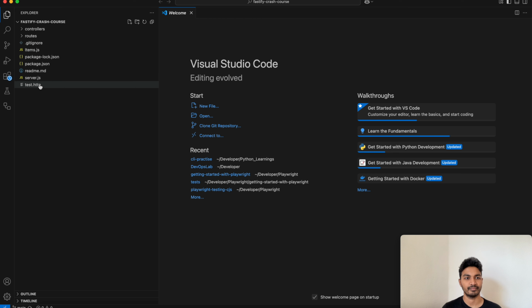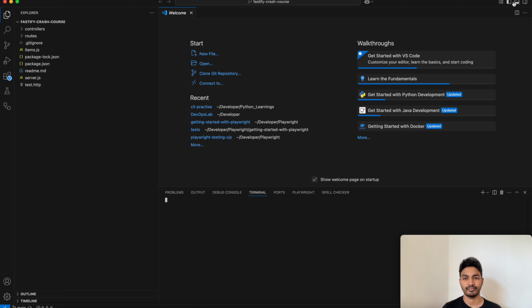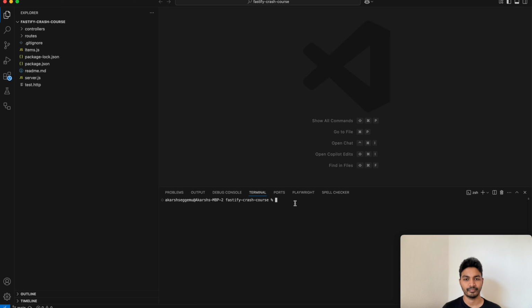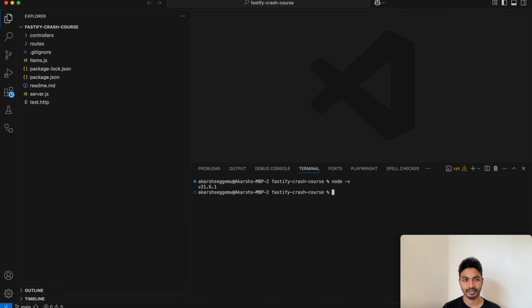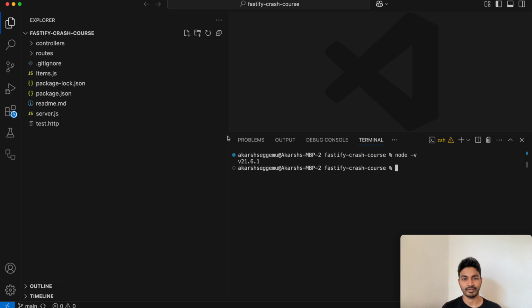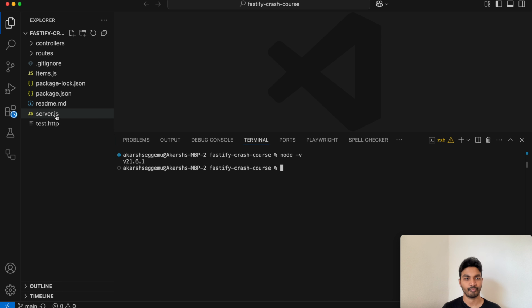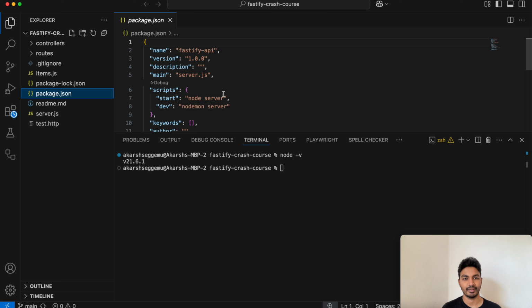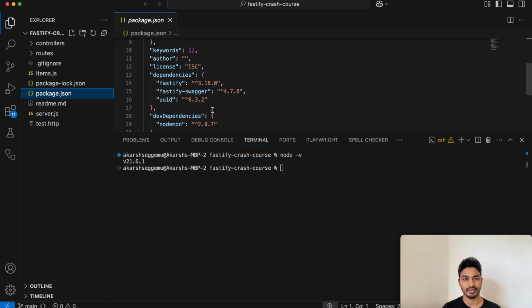Let me try to understand which node version I have. Okay, I have the latest node version, 21.6. Let me zoom in a little bit so that you can see it. As you can see, the fastify swagger that is mentioned,